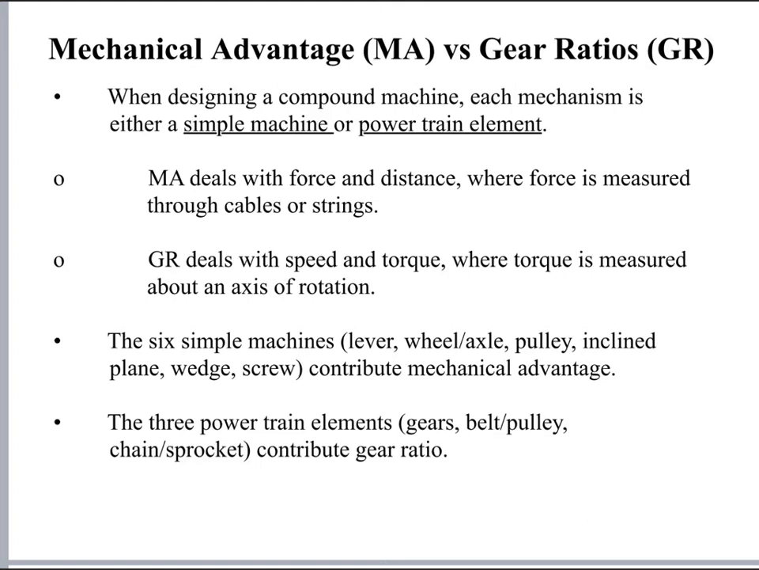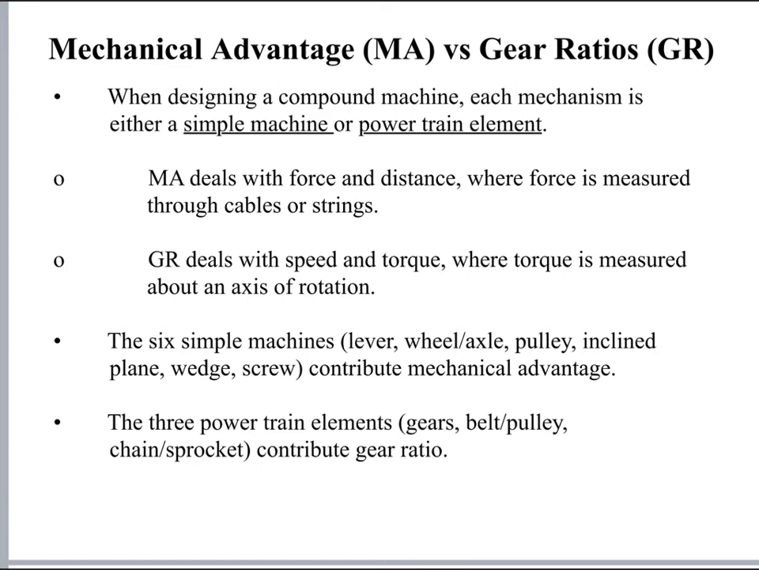Mechanisms, on the other hand, are devices which receive a set of input forces and transform it into another set of output forces. Mechanisms are composed of several machines. As I mentioned earlier, gears are really a combination of a wheel and pulley. It is for these reasons that when designing a compound machine, each mechanism is either a simple machine or a powertrain element. The 6 simple machines contribute to mechanical advantage, which deals with forces and distances, and it is why